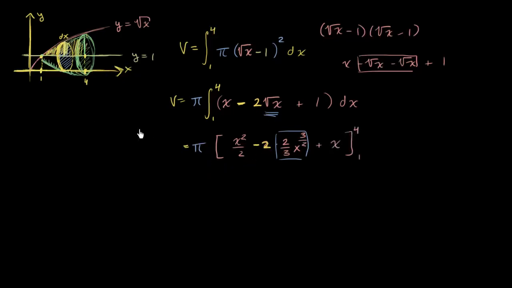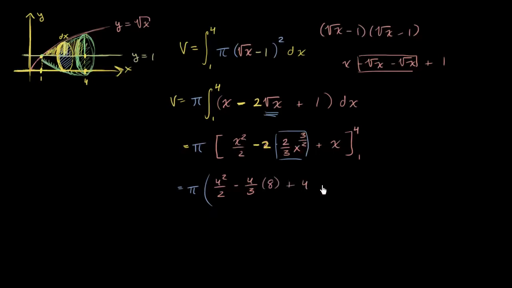So this is going to be equal to pi times, well, first let's do it at 4. 4 squared over 2, I'll write it all out, 4 squared over 2 minus, let me do this part first. So minus 4/3, and what's 4 to the 3/2? So 4 to the 1/2 is 2, and then you raise that to the 3rd power, you get 8. So times 8 plus 4,